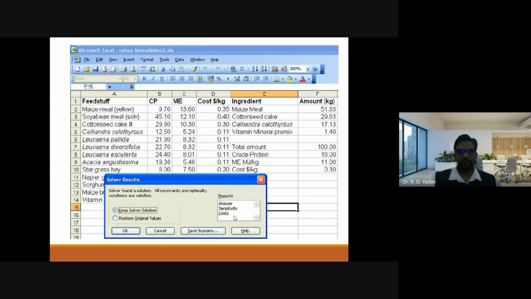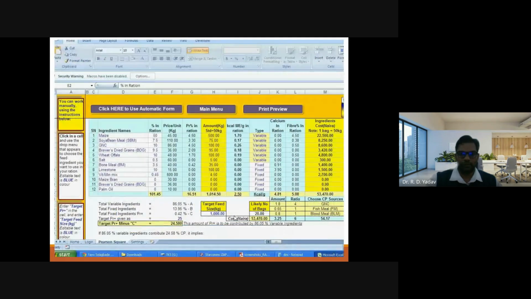So it will select whatever feed ingredient you want. If you have the data, each and every ingredient you have to select from the tables, and it will automatically formulate a least cost ration when you click on the run button. For example, in this we have shown so many ingredients are there. Even we can fix their maximum and minimum limit, and what price we are targeting for each kg of ration formulation. For example, 25 rupees, 30 rupees, or less than that.